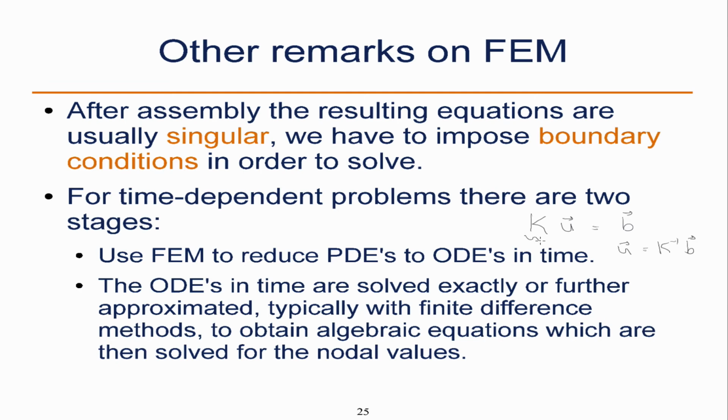One issue, though, is that K, without imposing boundary conditions, is singular, so you can't invert it. So we have to impose the boundary conditions so that we can invert this and solve the problem. Of course, then the last step is,